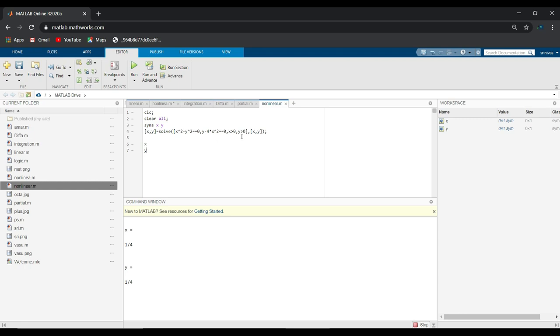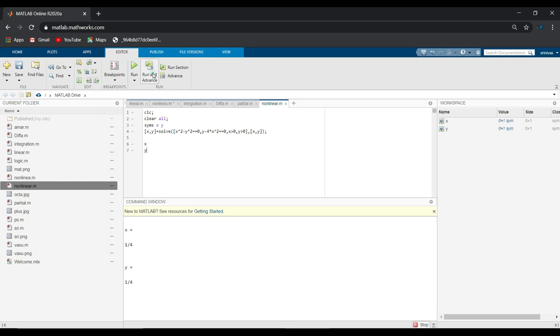So I am assuming that the values I get should be greater than 0. Whenever you solve that equation, you may get negative values, positive values, complex values, or complex conjugate values. To avoid the confusion regarding all those equations and roots, I am specifying x is greater than 0 and y is greater than 0, followed by the variables you are using, x comma y. So I am going to ask for the x value and y value.